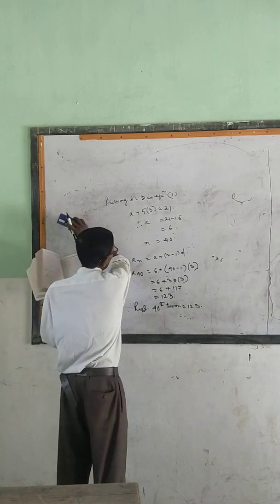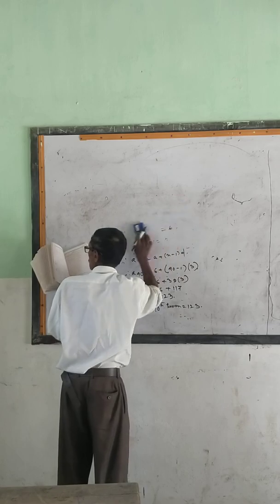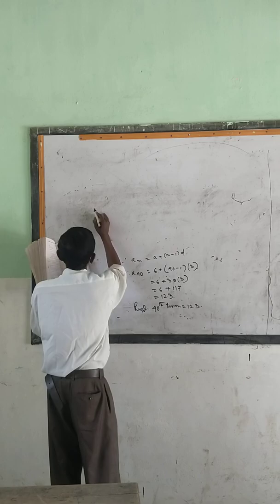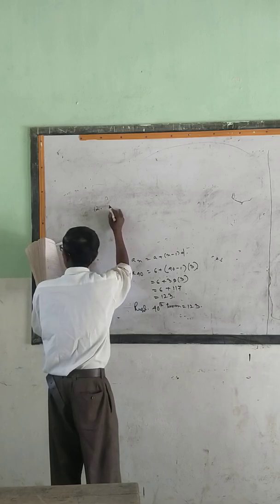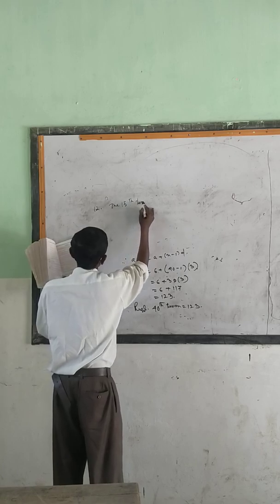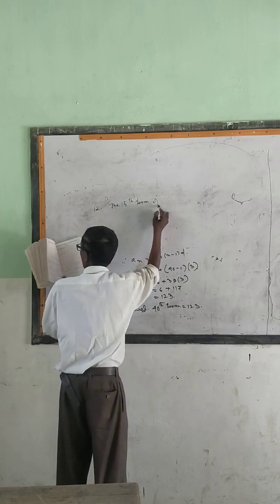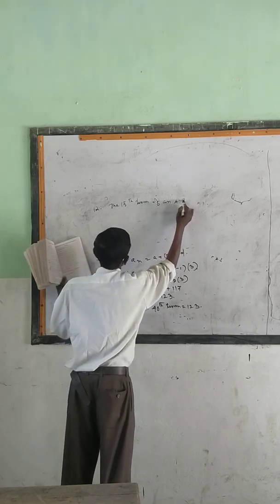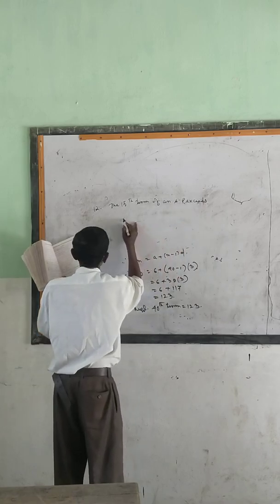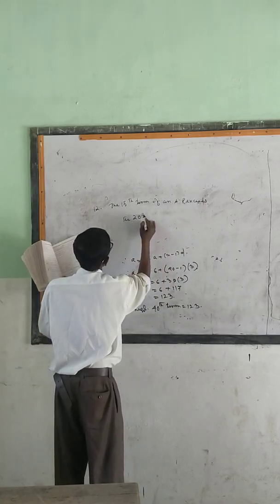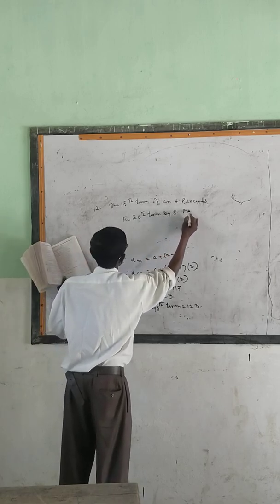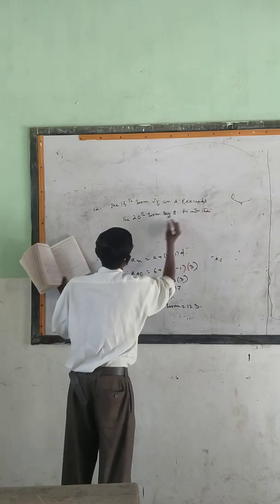Then I am removing this. Now let us come to question number 12. Let me write the question. Generally they used to have this for 1 mark, and I am solving it that way. The 15th term of an AP exceeds the 20th term by 8. Find the common difference.